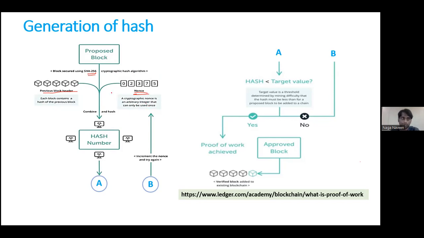So nonce, previous hash, and present block data, all these things are used here to produce a hash number. Now, after producing the hash number, this is not the end of the story. After producing the hash number, we have to verify whether the hash produced here is a valid hash or not. So for that, after generating a hash,